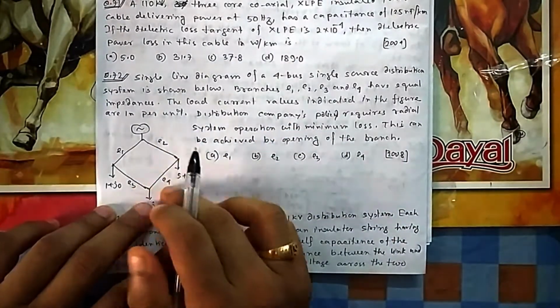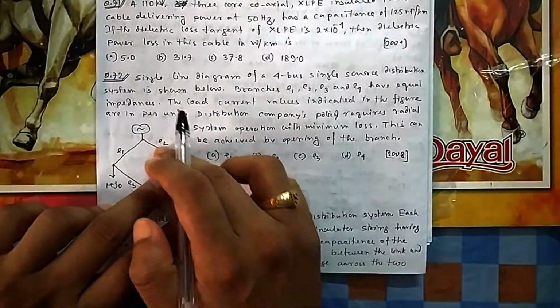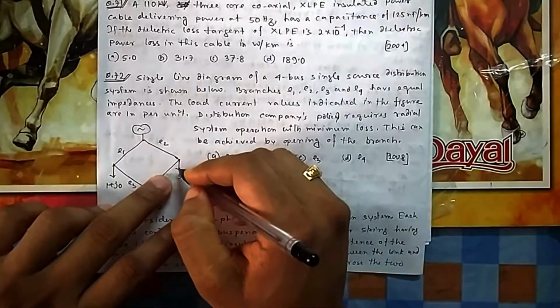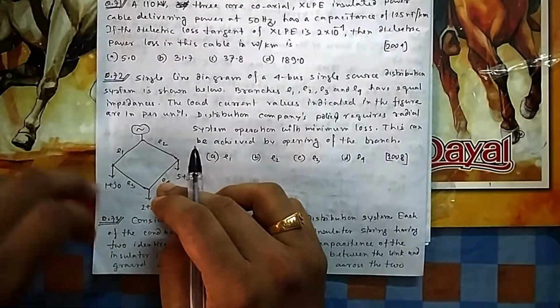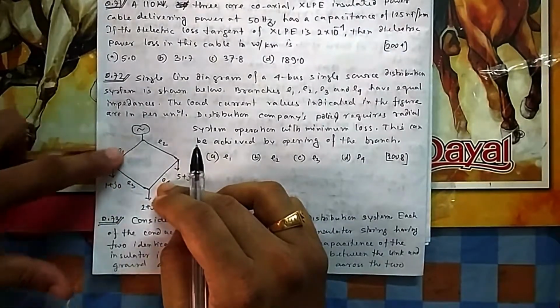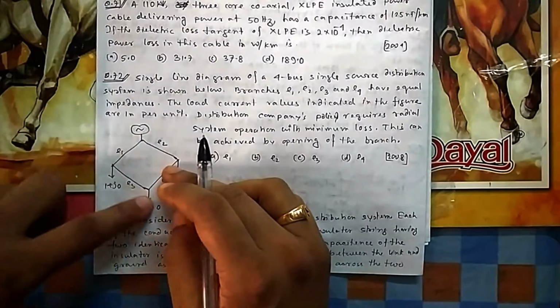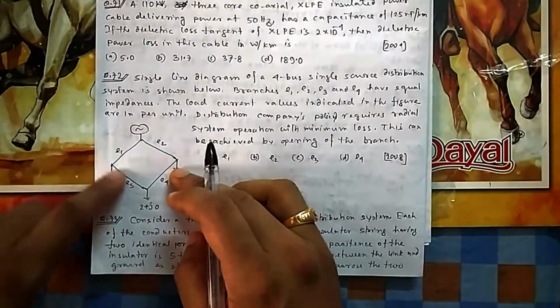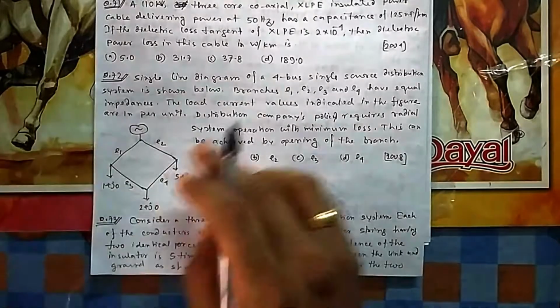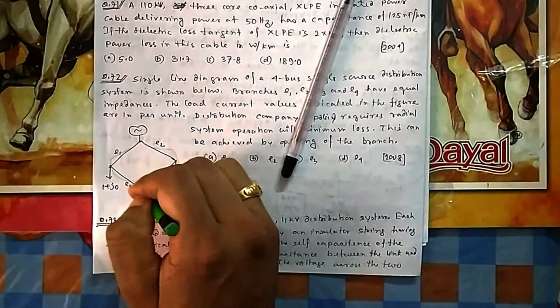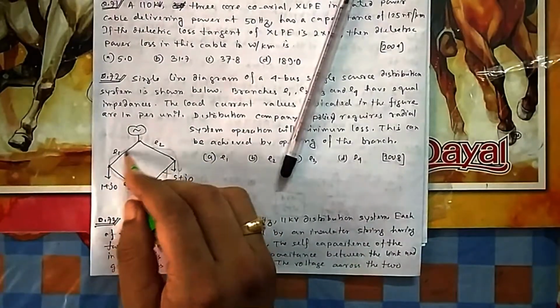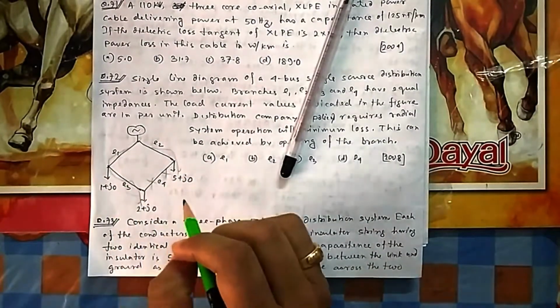So if you open this E4, then this 5 current will only pass through this branch where it is required. So if you open this one, how much current will flow here? Here 2 plus 1, 3 current will flow, because here the line will have 2 feeders, one feeding this and one feeding this. If you remove this one, then this will feed this and this will feed this. So the maximum current here is 3 ampere, one will go, then 2 will come here.